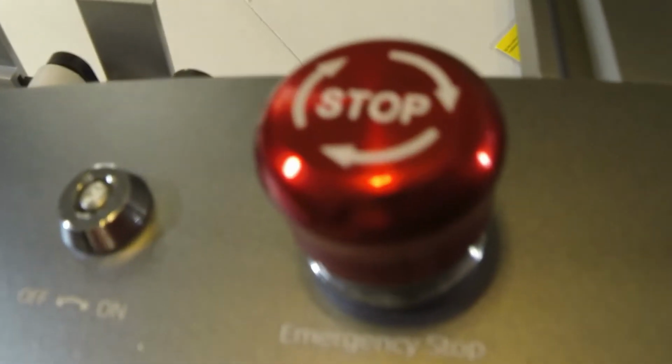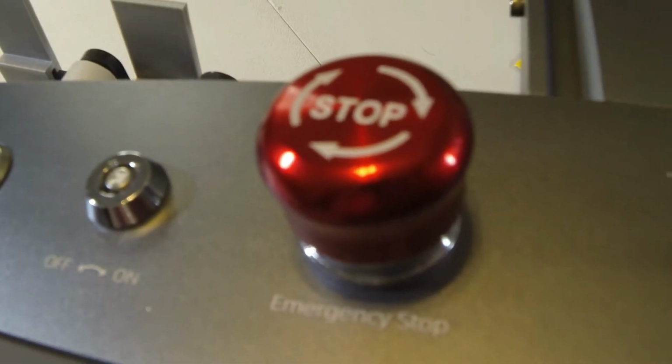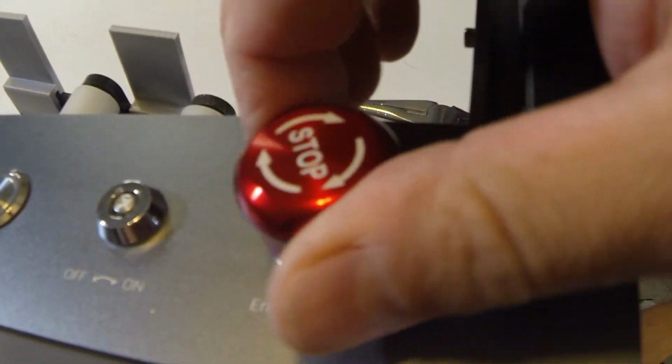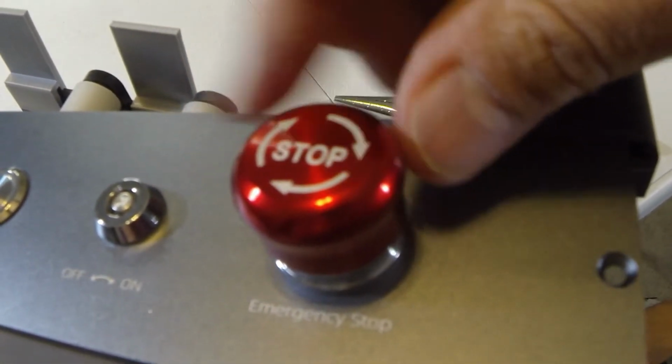You may be able to, I'm not sure. I don't think you can, but I'm going to use a pair of pliers and just gently loosen it up, turn the e-stop, and then tighten it back down. Alright, so with it loosened up, I was able to, it kind of